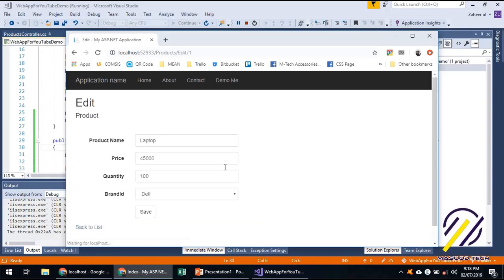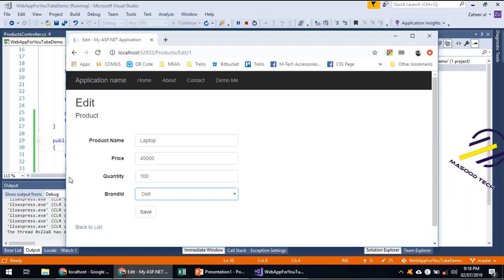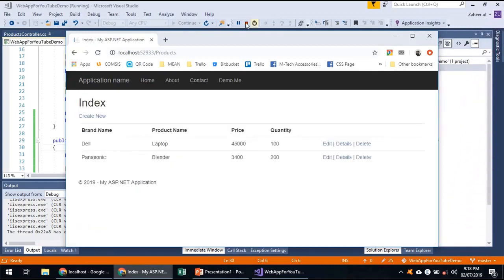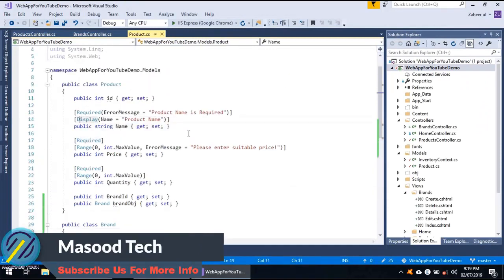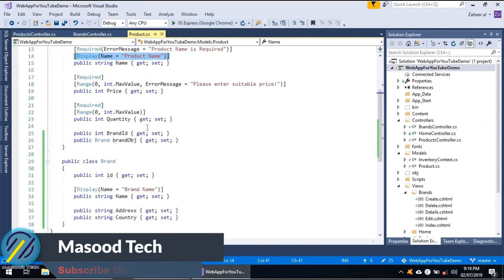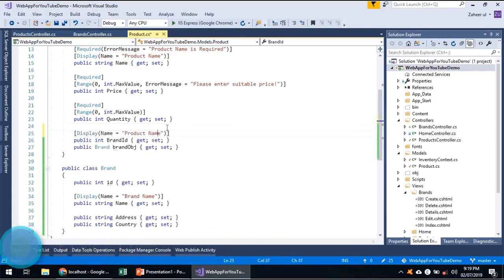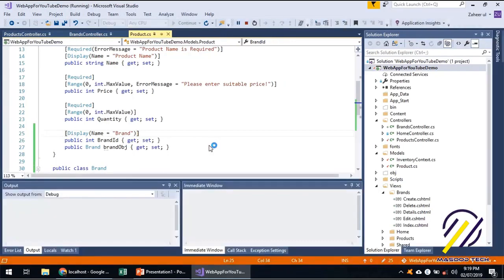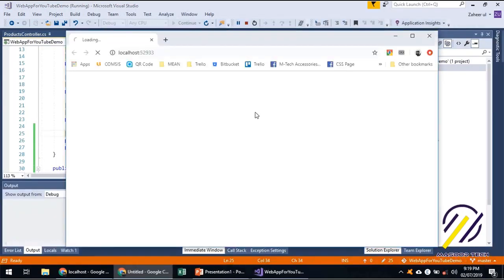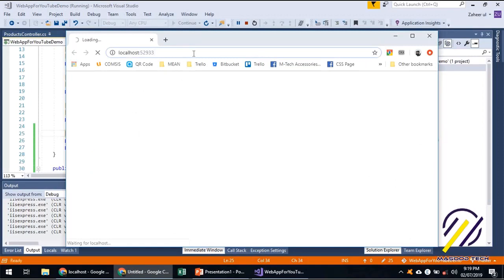Similarly, if we are going to edit this, we are getting this in a drop down. So let's say for example display from the brand, this is actually the brand. Let's say for example that's the brand. We don't need to do something with the database because it has to do with the view only. So I will add products,